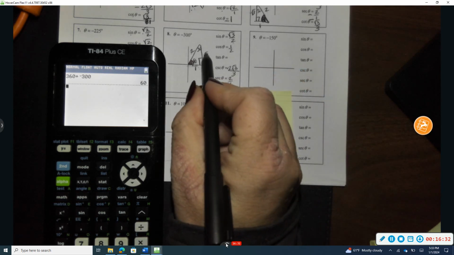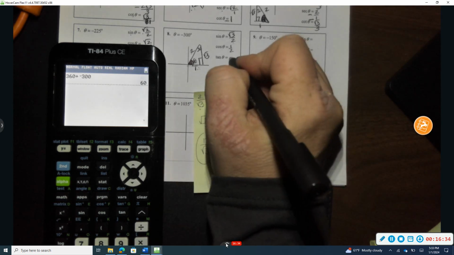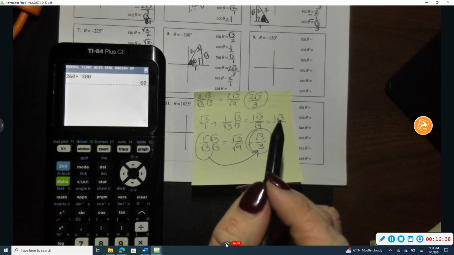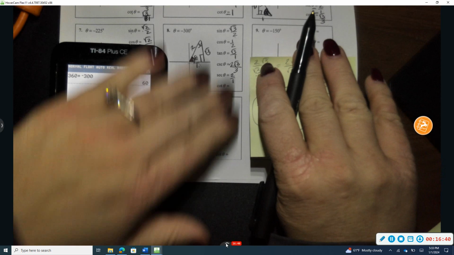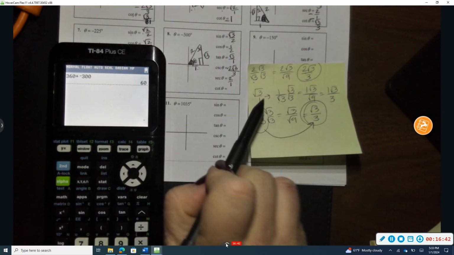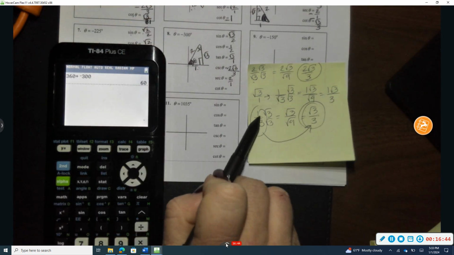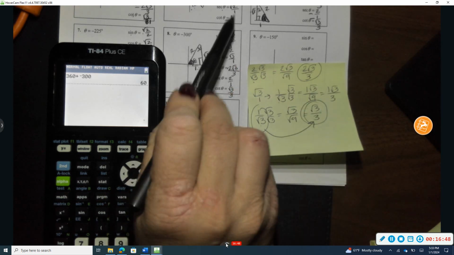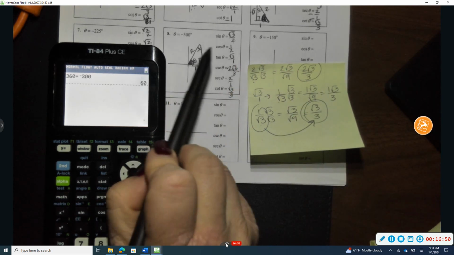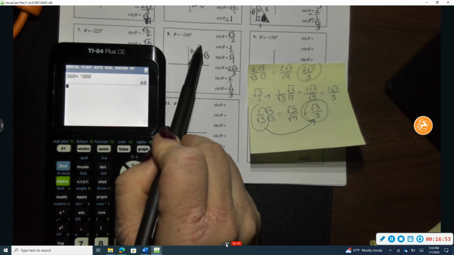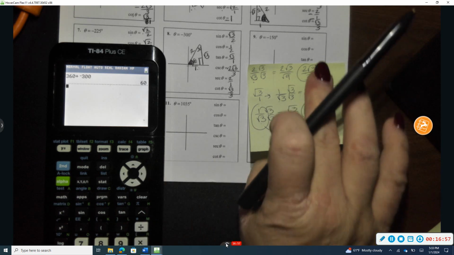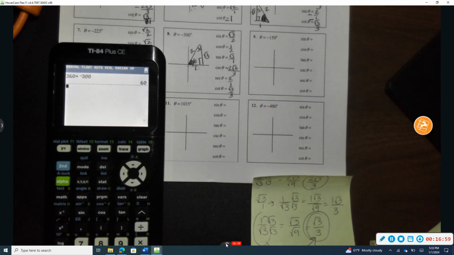Tangent is going to be opposite over adjacent, so radical 3 over 1. Now when I flip radical 3 over 1, I end up with 1 over radical 3. Now 1 over radical 3, if we write it in proper form, it's radical 3 over 3. All of these are correct, but I need to account for the fact that this lands in quadrant 1, all-star trig class, so everything is positive. Let's look now at,